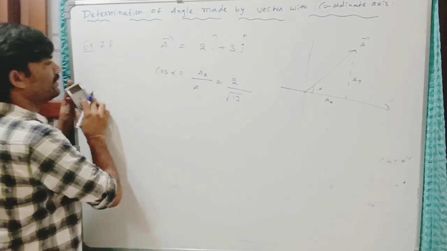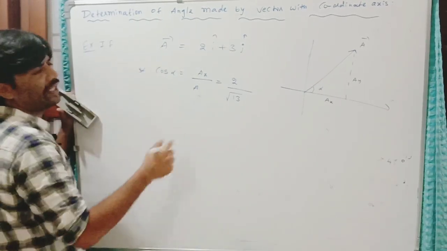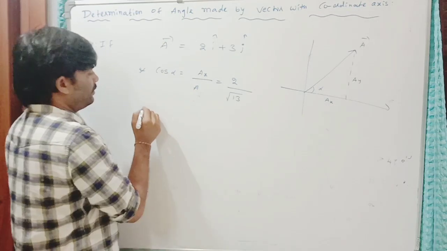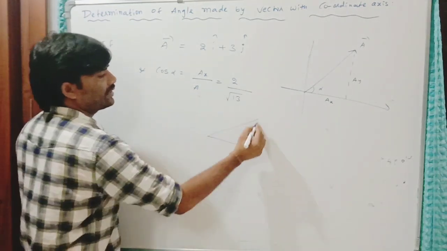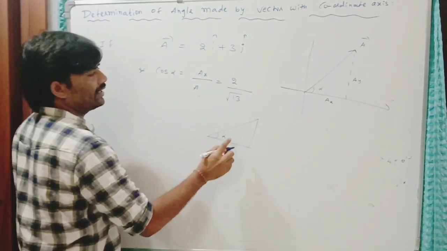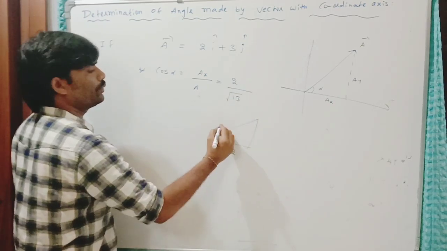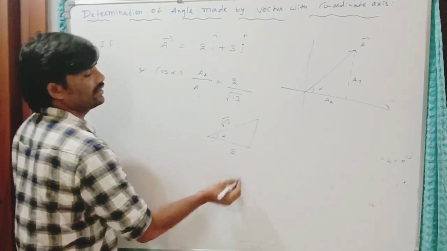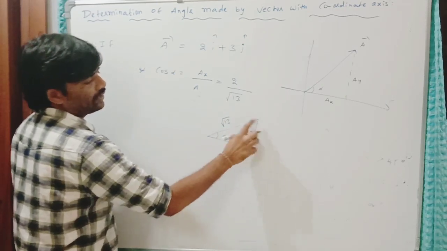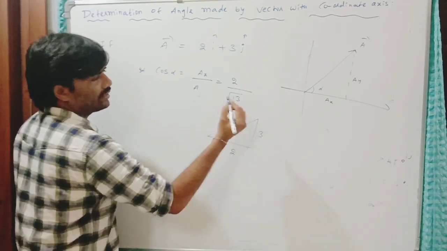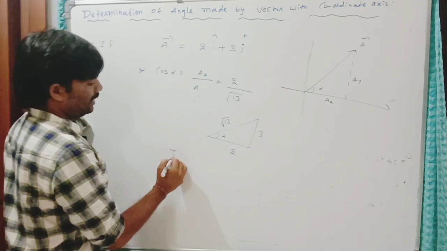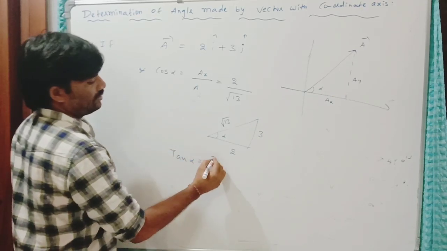Or sometimes they will provide options in tan. So to write this equation in terms of tan, you can draw this right angle triangle with alpha. If it is alpha, this is 2 units, this is root 13 units. Then this side, you can apply Pythagoras theorem, you will have 3. So tan alpha is 3 by 2.